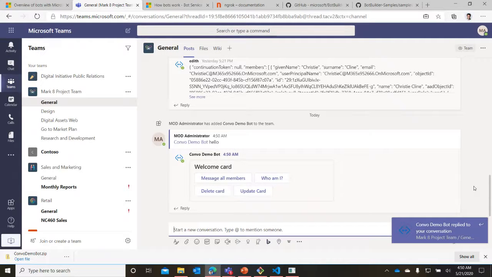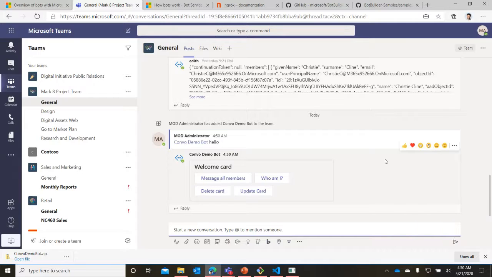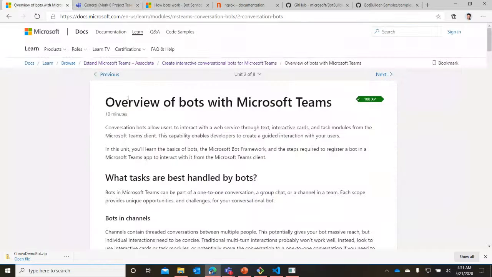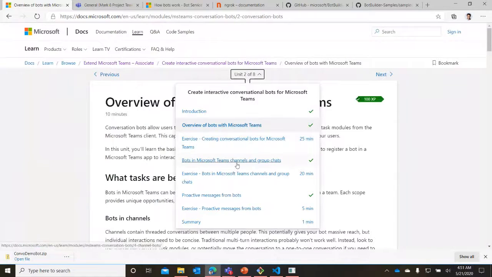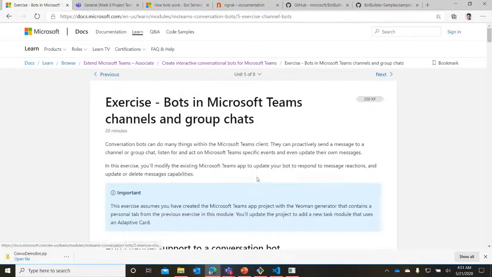Great. So we've created our bot, and now we've set it up in two different contexts within Teams. The first one being an individual bot chat for a particular user, and the second one being inside a channel where it's accessible to all users and members of that team and channel. Okay. With that, we have largely completed unit 2 and 3. So let's go ahead and jump into unit